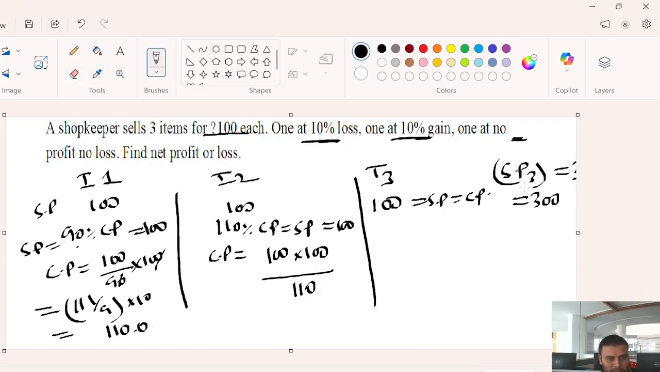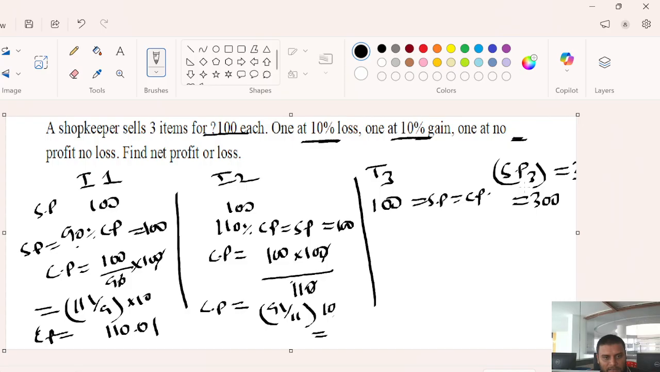So the cost price of the first article is 110.1. This is CP, guys. Now the cost price of the second article, let us calculate. The zeros can cancel. 100 by 11 can be written as 9 whole 1 by 11, which is multiplied with 10. So this is 90 plus,